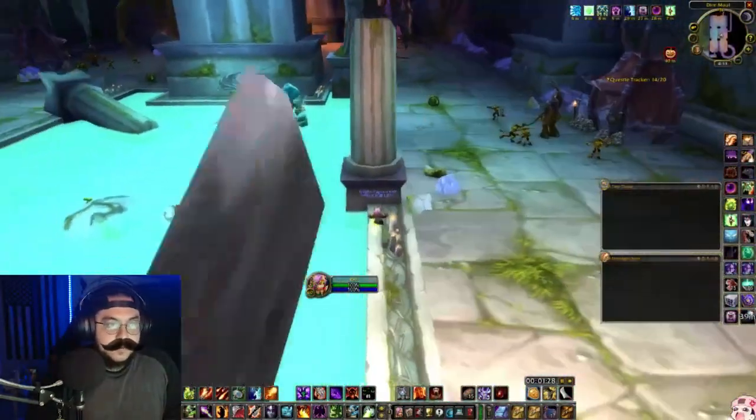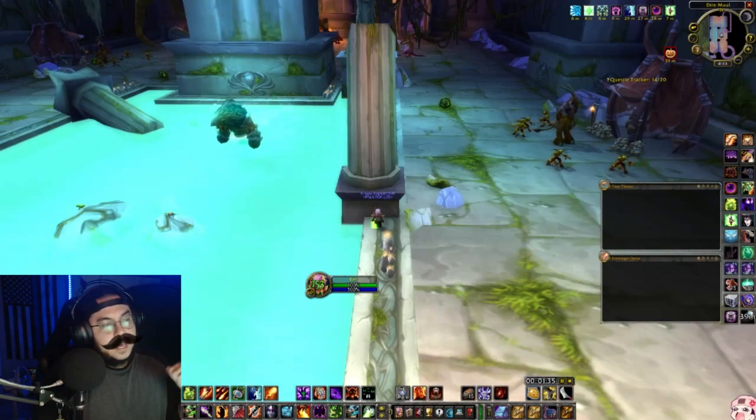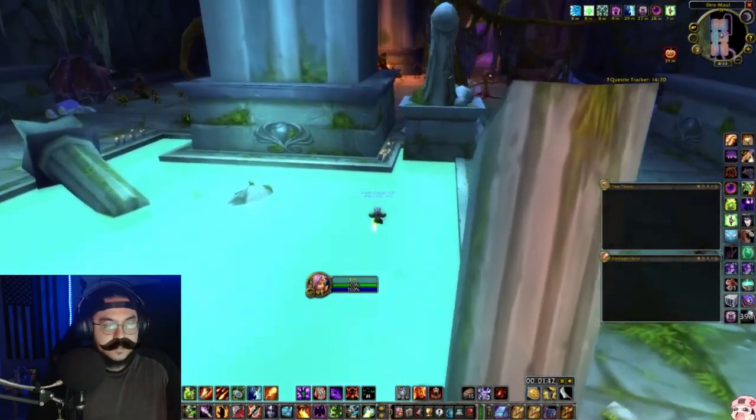And the safe spot for Hydrospawn is where these candles are, right? So whenever he's coming back, Hydrospawn can't aggro you as long as you're on this ledge right here. So I like to wait until he gets to the little frog right there on the last rock, and then